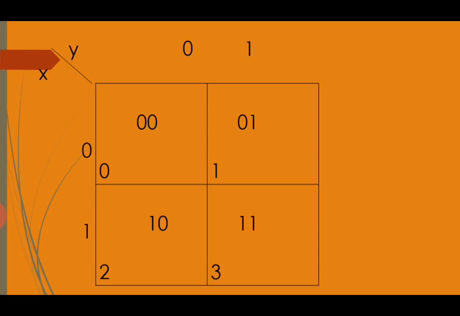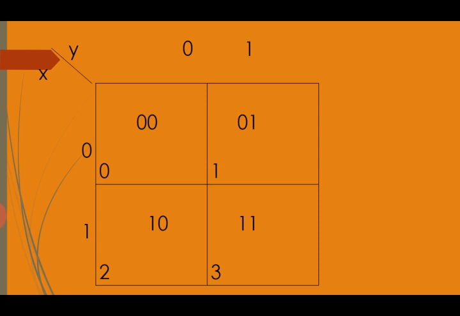So we go for the first box where the value written is 0, 0. How does it get this? Because x is 0 and y is 0. You can observe written at the top and written on the side: on the row side it's written 0 and on the column side it is written 0. So it produces 0, 0, and from this we produce the decimal number 0. This is the way the first box gets the decimal number 0.